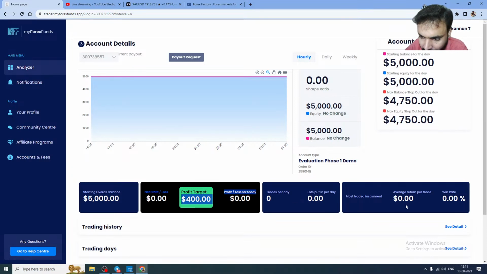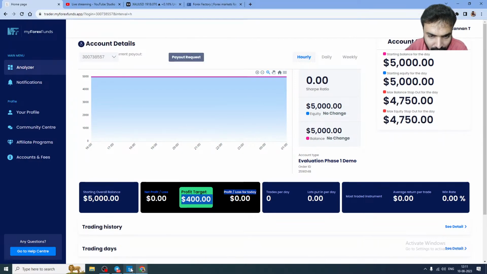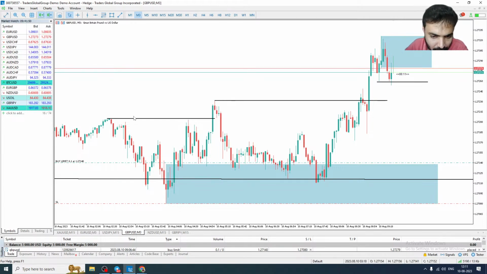Okay, we have not made any profit so far, right? And our graph is also not yet created. So we will go very slowly. We don't want to make any mistakes. And this is the funded account. So we will try to take potential opportunities, potential trades. And by the way, we can clear this challenge.